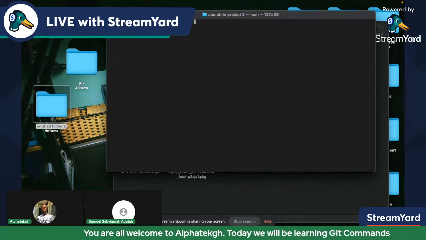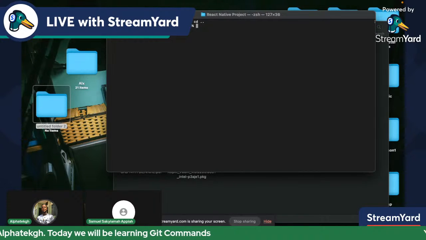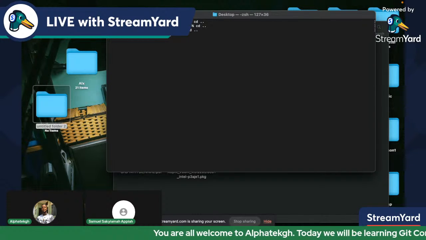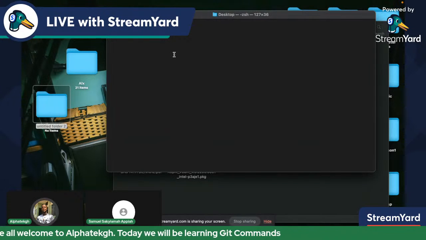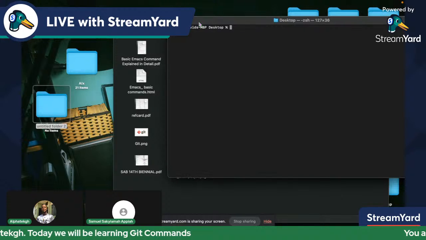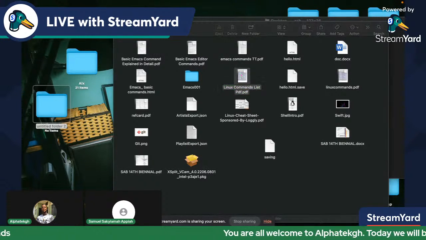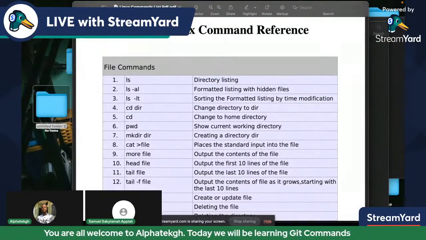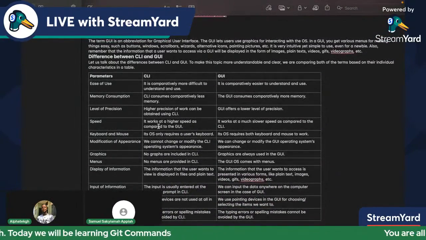Today I'll be using mostly the black screen to do most of my tasks, simply because as ALS students we are not supposed to use the graphical user interface, but rather we are supposed to use the command line interface. I have some series of git commands here which I'll be touching on. Before that, let me come to some of the importance of the command line